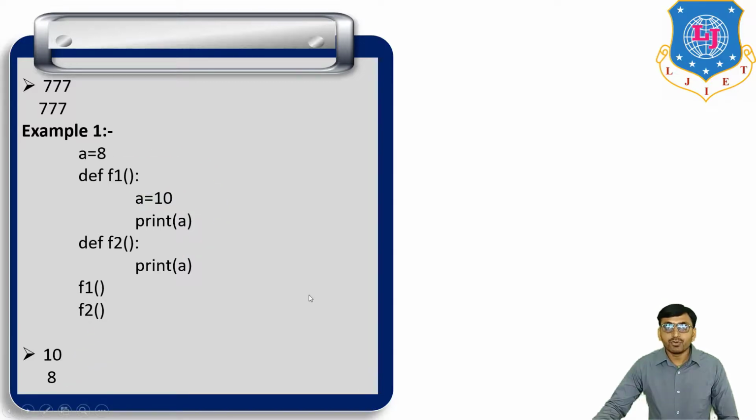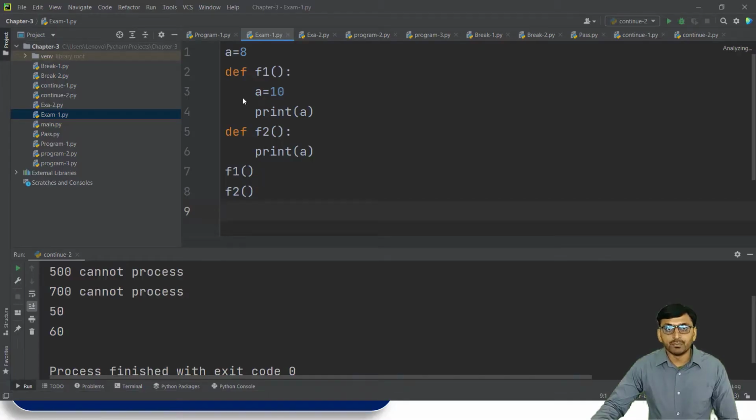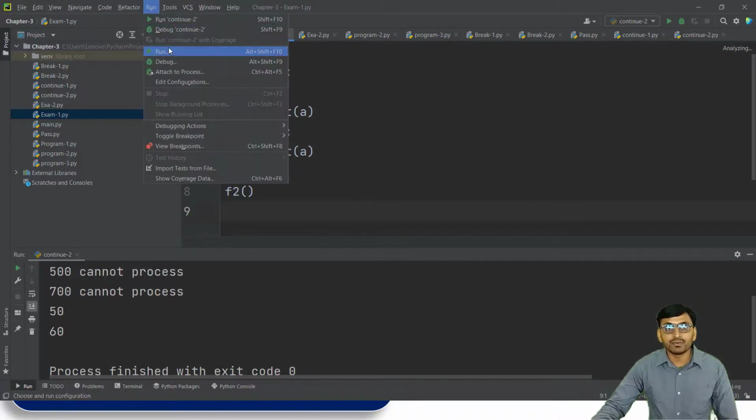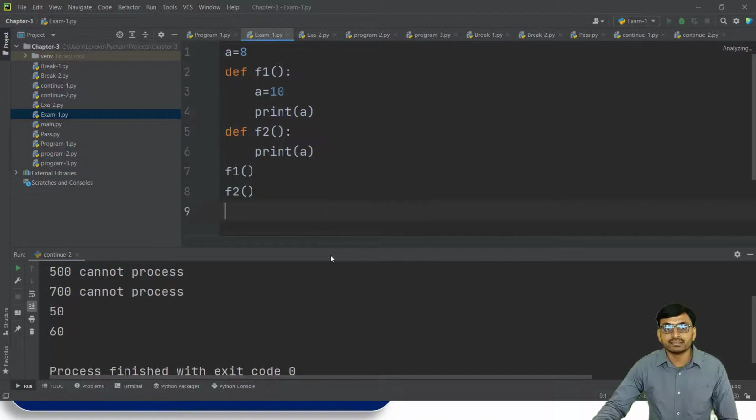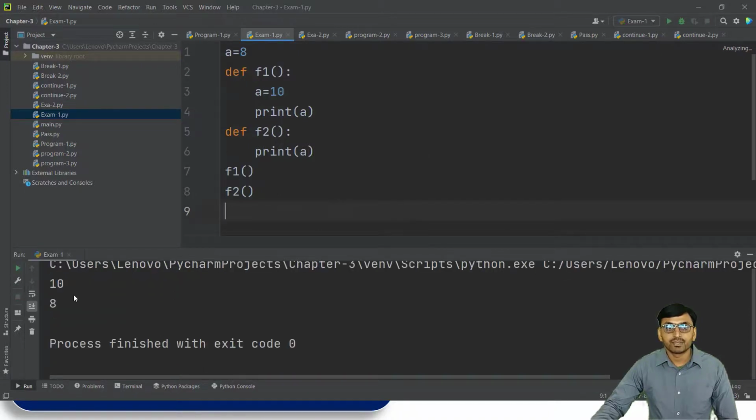Okay. Now the same example we run in PyCharm. So a is equal to 8, def f1 with a is equal to 10, print a, def f2, print a, then function calling f1 and f2. If we run this program, we get the output 10 and 8.